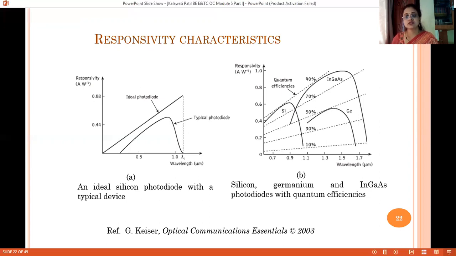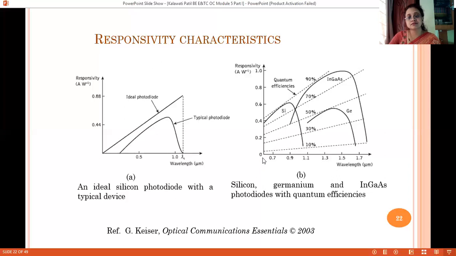Instead of using a single material, they use alloys from group 3 and 4 or 5 of the periodic table. Hence, in a newly made photodiode made of the alloy indium gallium arsenide, it is observed that we can get higher responsivity at a higher quantum efficiency.